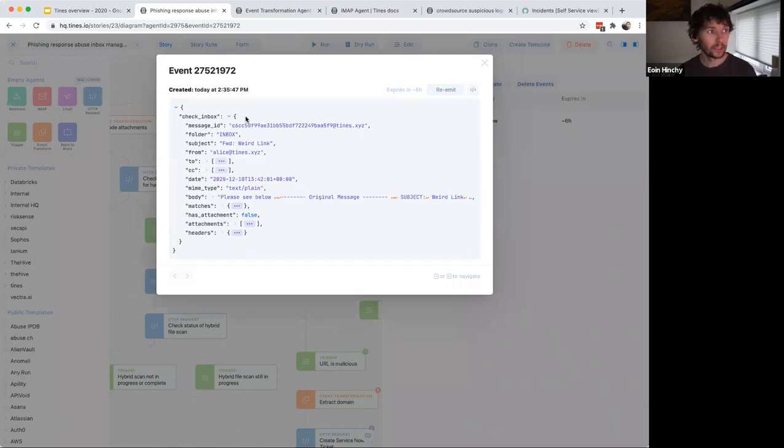The event will be things like the contents of the email. So we've got the subject, who it was sent from, the body, the attachments, headers, and so on and so forth. All the information that you would expect to see related to an email. And we also have the attachments if there were any. So you can do things like recursive analysis of EML files that are attached to the email. You can do things like unzip files, run the attachments through various sandboxes, and so on and so forth. But this is the information that's going to be sent to the next two agents in the story, like a